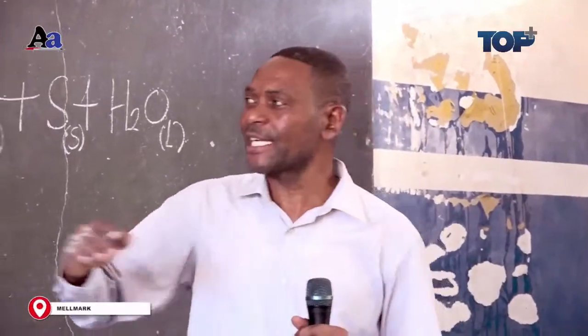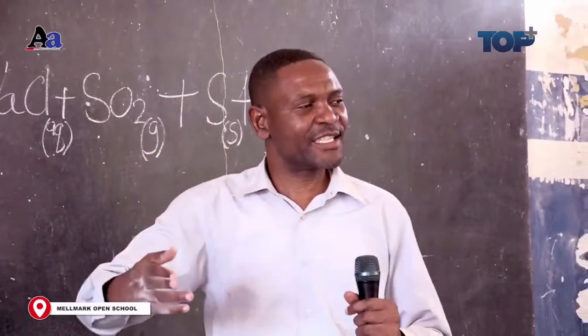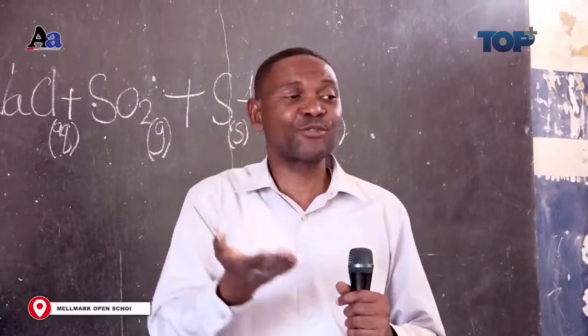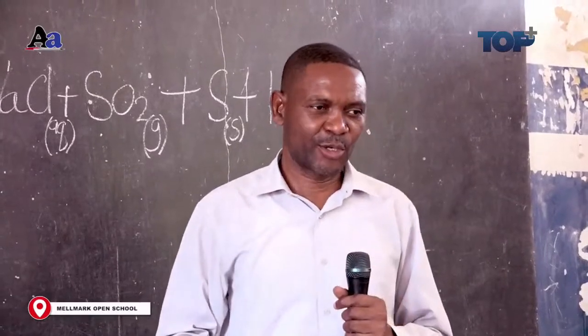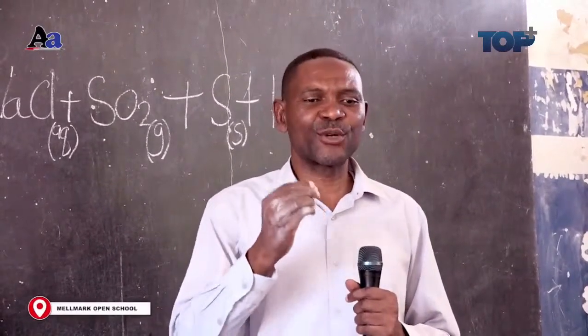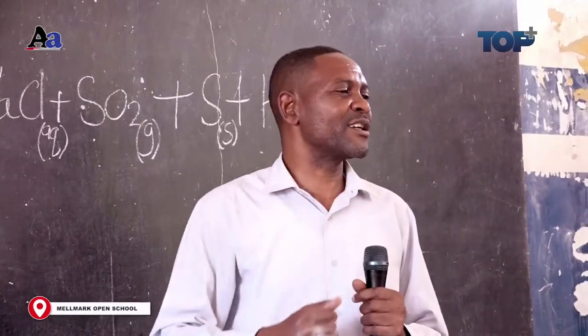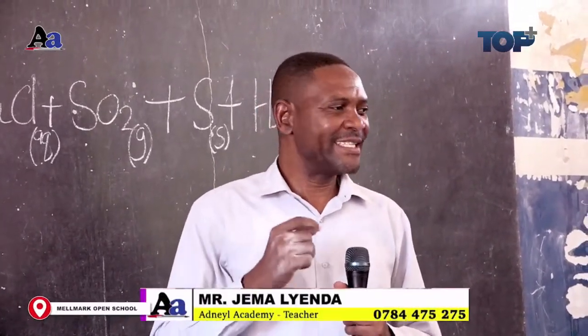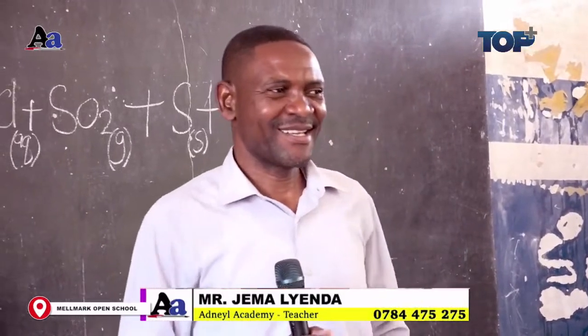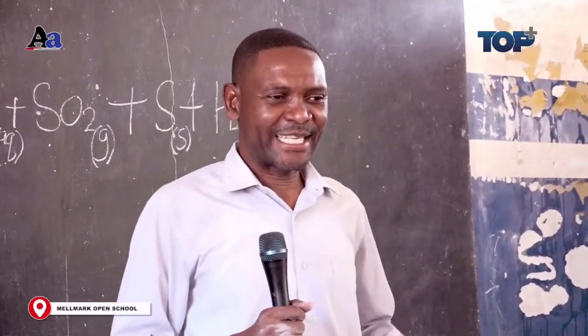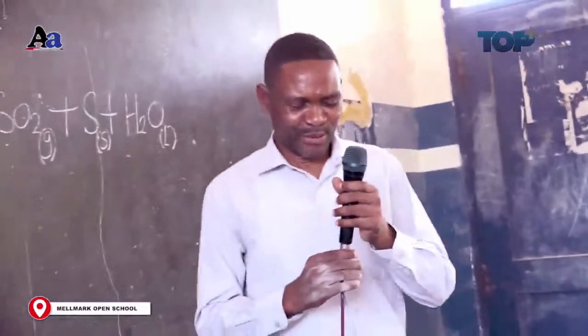Now, in connection to this reaction, if you remember during the experiment, we had a cross that was put below the conical flask. That cross was disappearing and we stopped the clock. Why did that cross disappear? Kwa nini ile X ilipotea? Why did the cross disappear? My name is Frines Fute. The X disappeared due to the deposition of sulfur.